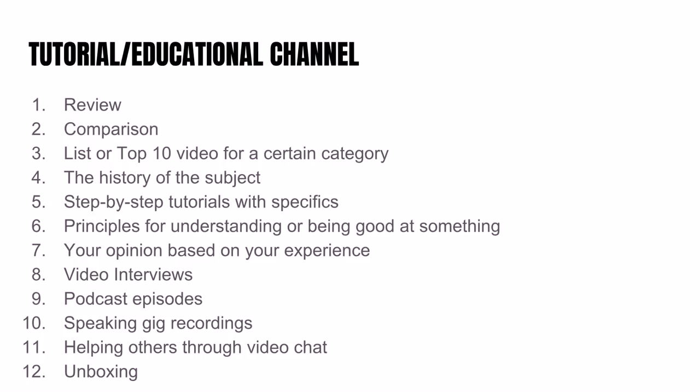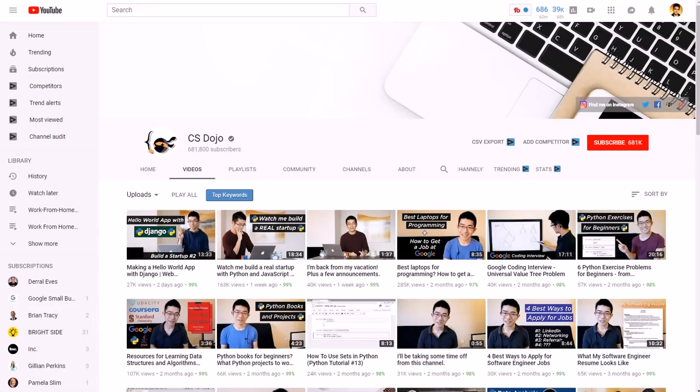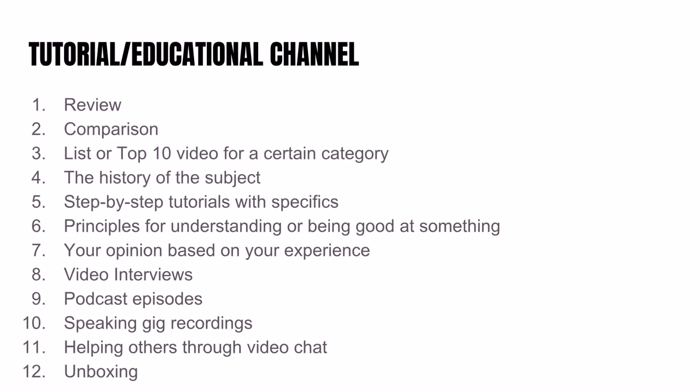And you can do, say, comparisons. So you could compare two different products. Like if you're doing coding tutorials, like CS Dojo does, they might compare one coding language to the other and what's best for what purpose. So something like that is something you could do. Reviews and comparisons, you could do entire channels with thousands of videos just from that. You compare one thing to the other, you review each one, you have plenty of good keywords to rank for, plenty of opportunities for traffic.